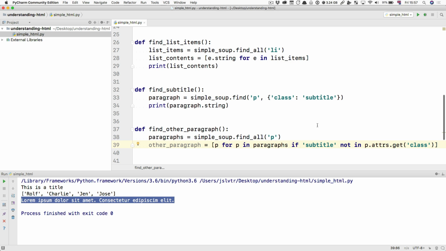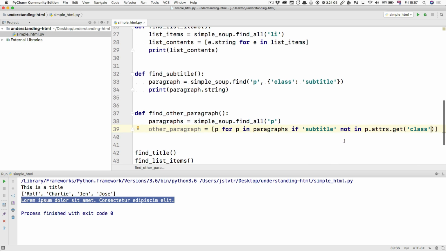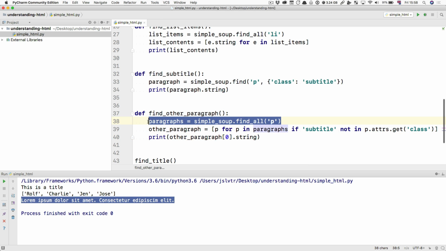And we're going to look at what this gives us and fix it in just a moment. And then we're going to print out the other paragraph, 0.string. So what is happening here? This is not quite going to work, by the way, but we'll fix it in just a moment. We're finding all the paragraphs. Then we're going to put the paragraph in its entirety inside this list